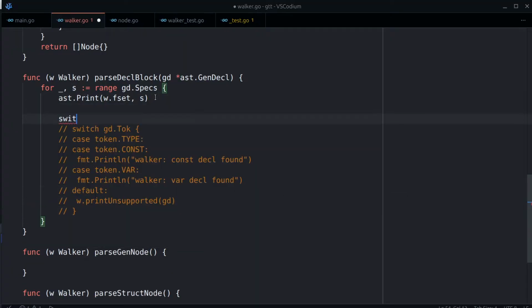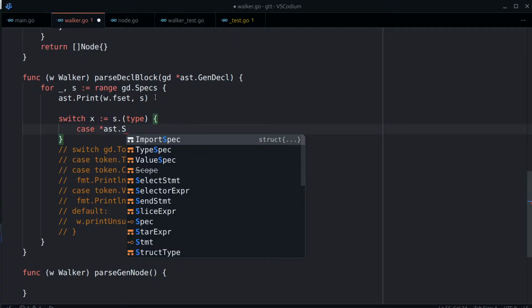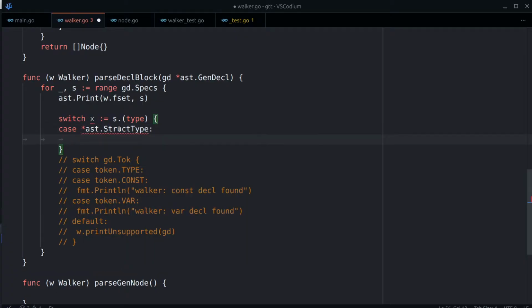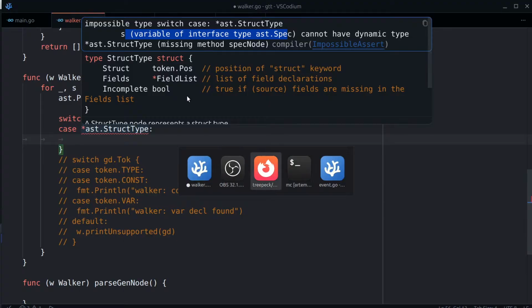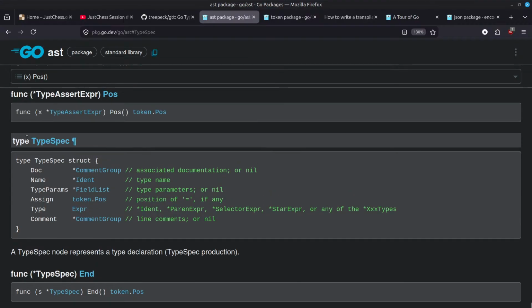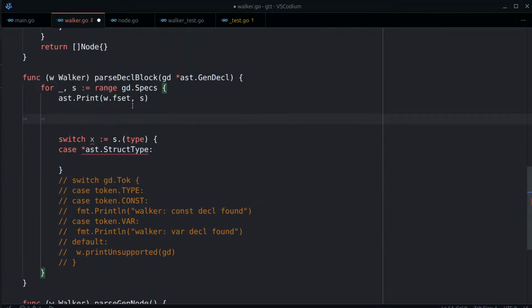So we'll switch between as type, and in case this is a struct type, impossible type switch, variable of interface type spec cannot have dynamic. All right, no. We should look at the okay type spec. Okay, so we should convert them to this type spec,